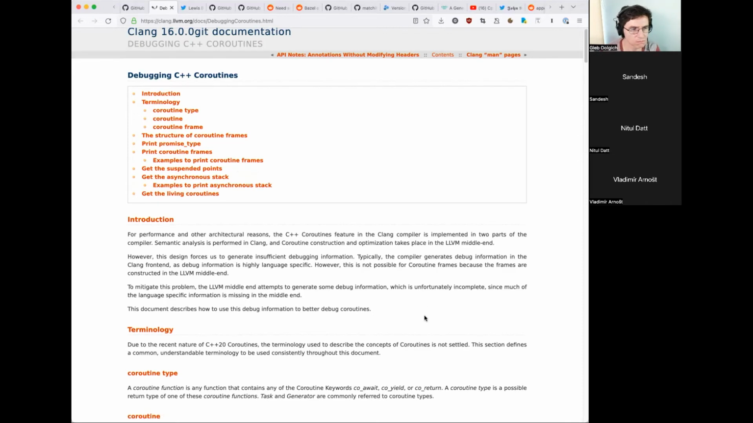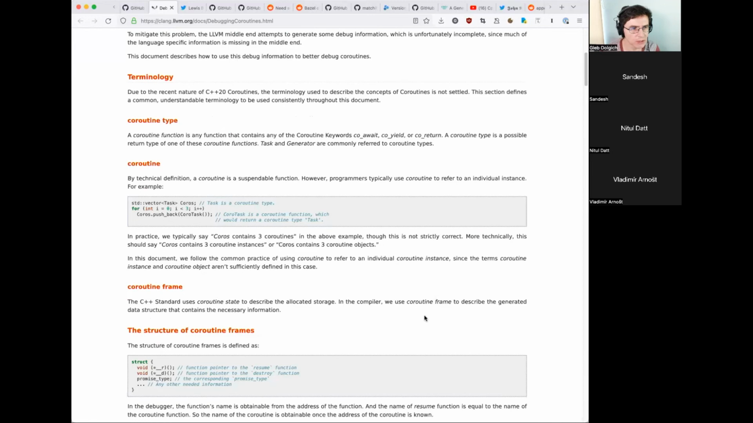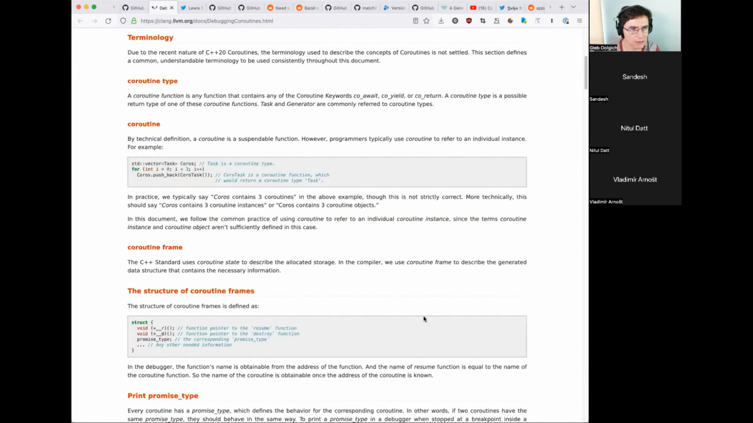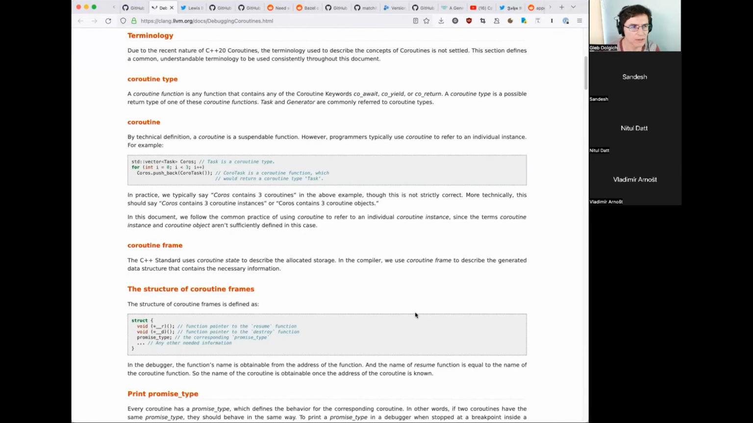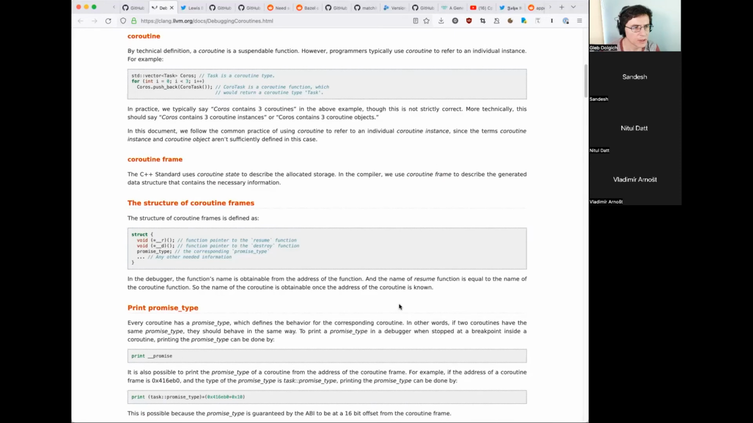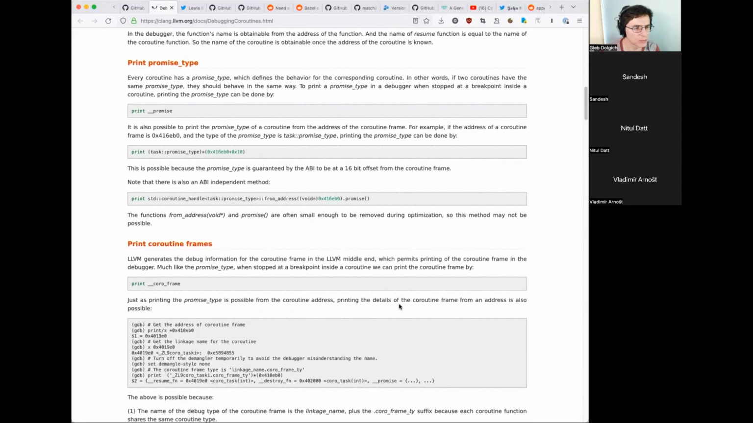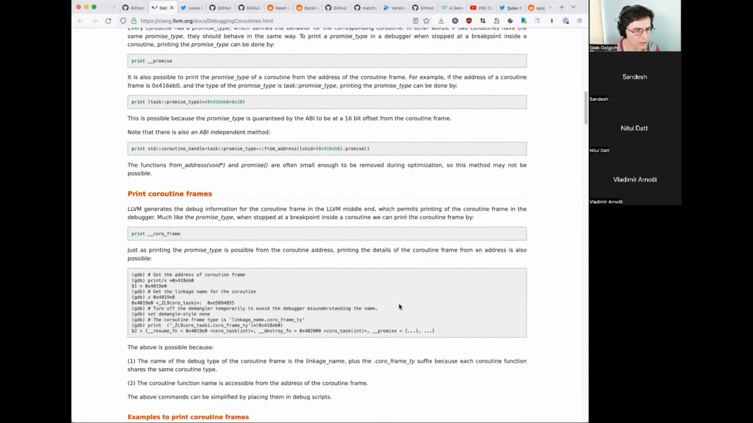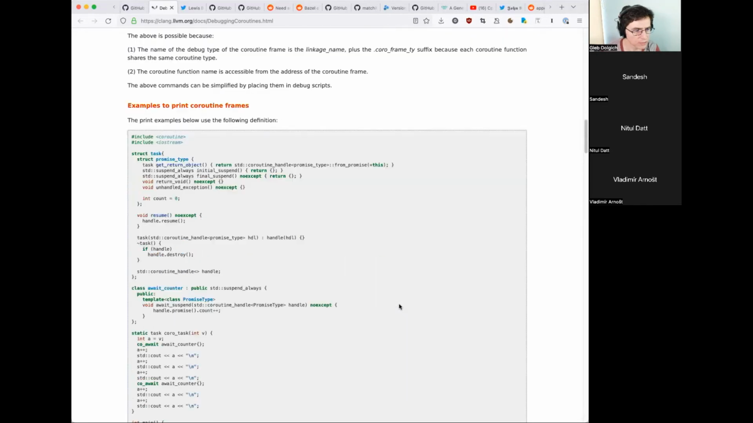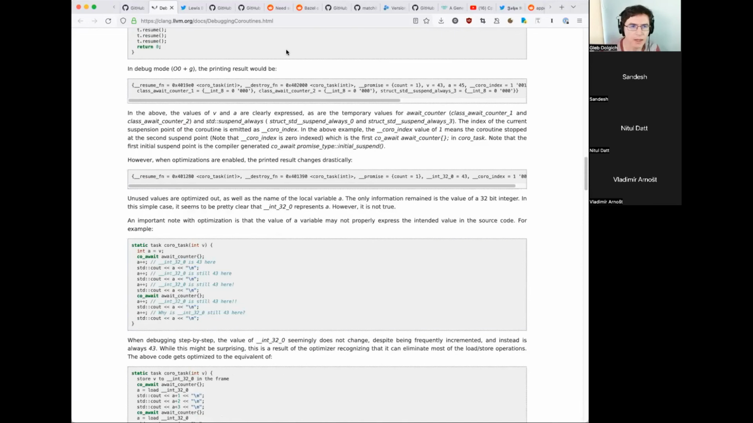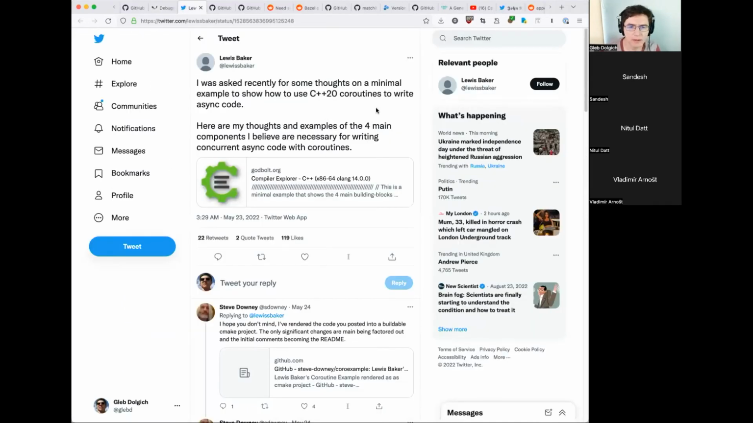So the weird nature of C++20 coroutines strikes again. I wasn't even aware that this separation of processing exists for coroutines. In the debugger, apparently you can do things like print promise types, print coroutine frames, which should be helpful when debugging. Speaking of coroutines, Lewis Baker tweeted recently about